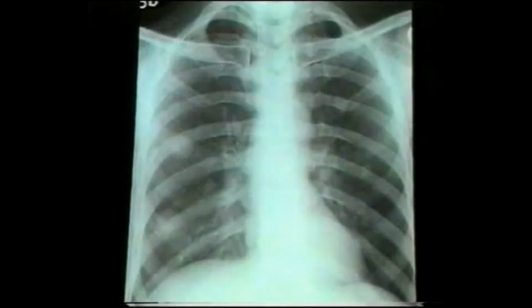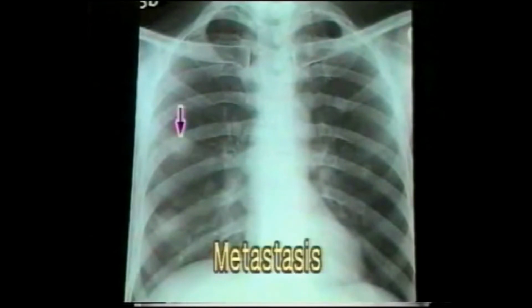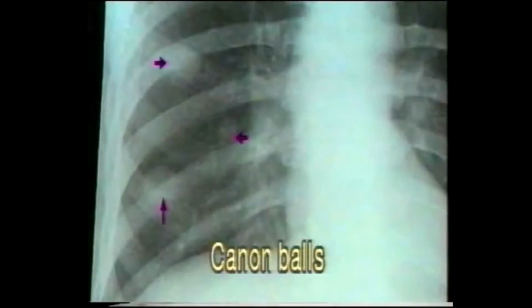Pulmonary metastases are typically spherical, that is rounded opacities termed as cannonballs or coin shadows. They arise from hematogenous tumor emboli which get lodged in the capillaries of the pulmonary circulation. This X-ray shows multiple but discrete round homogeneous opacities described as cannonballs. In the close-up view, 3 sharply defined rounded opacities are seen, typical cannonball opacities.